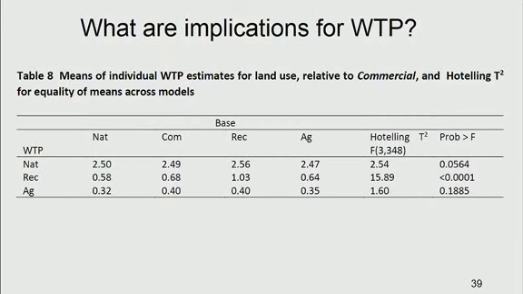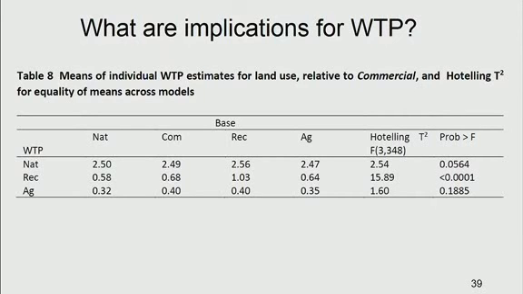But then we can go through and just repeat the game. That's when we have natural as the base, commercial as the base, recreation and agriculture as the base. So just for those 4 different models, we're just going to change what the base is. These willingness to pay are always estimated natural relative to commercial. So what's interesting is, do these things change? And what you can do is there's a